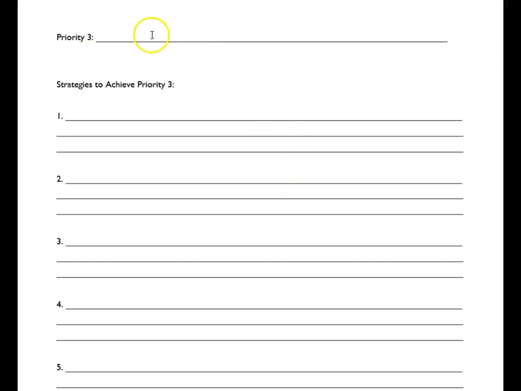So let's say your third priority is to increase the price point of your transactions. Maybe your transactions have been at a lower price point. You want to move towards a higher price point to reach your GCI goal with 24 transactions. So let's say the first strategy would be to make social media posts towards those that you would want to work with. You could go to your website and do a property search like you were the client that you would like to work with in the price point you're trying to achieve, and then take the link from that property search over to social media and say, check out these great homes